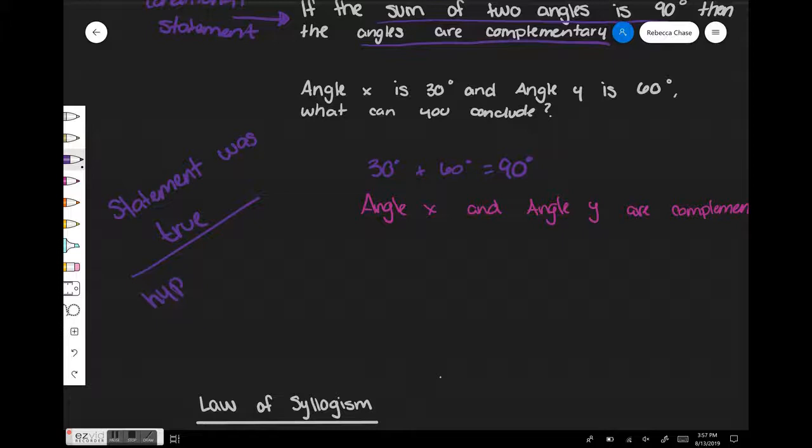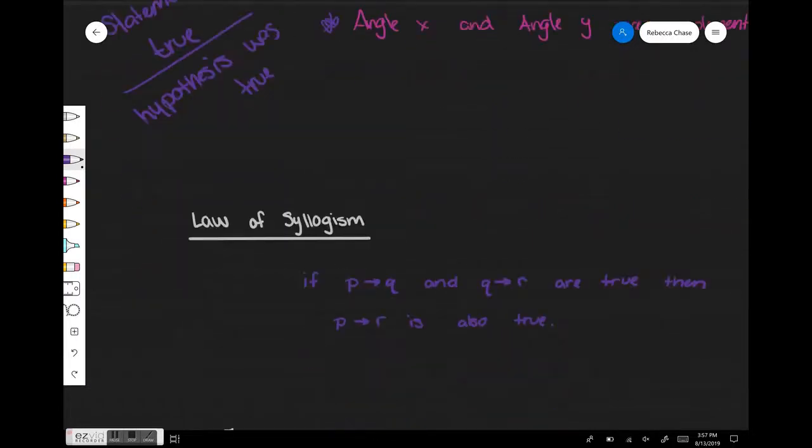All right, so because that happened and the hypothesis was true, then we can say the conclusion as our answer. All right, so that's law of detachment, where the statement is true, the hypothesis is true, so the conclusion must